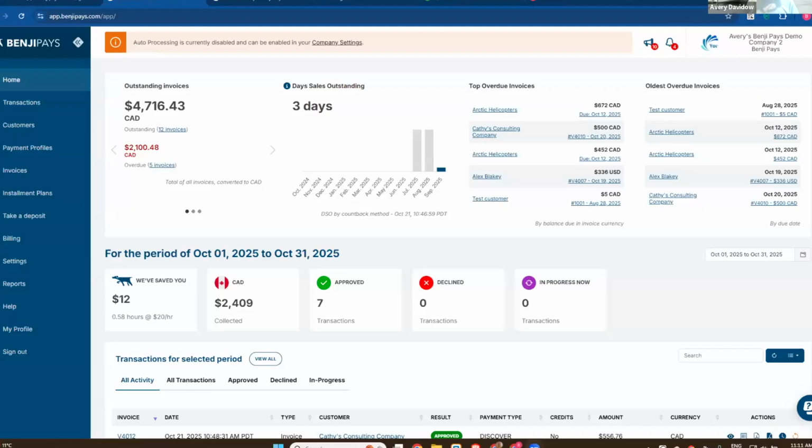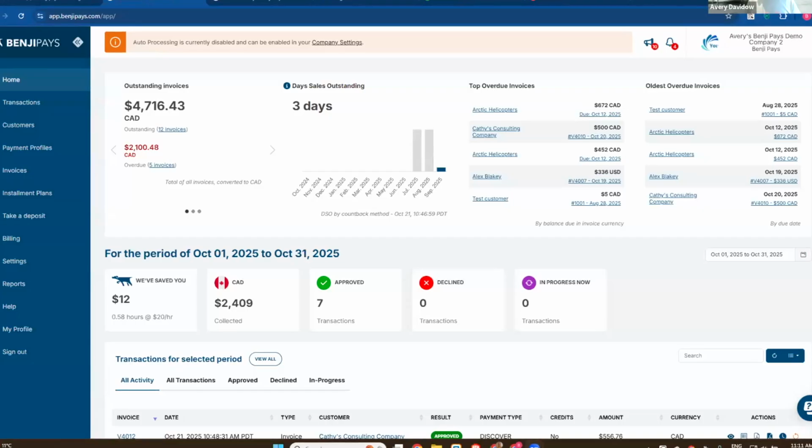So where Benji Pays comes into the picture, like CJ and Mark were saying, is amalgamating all the billing information together for your customers and making it easy for you to collect payment and for them to pay. I'm going to share my screen and walk through some of this. The way that Benji Pays can help manage some of this is by, sorry, is my screen sharing there? Looks good. Okay, thanks.